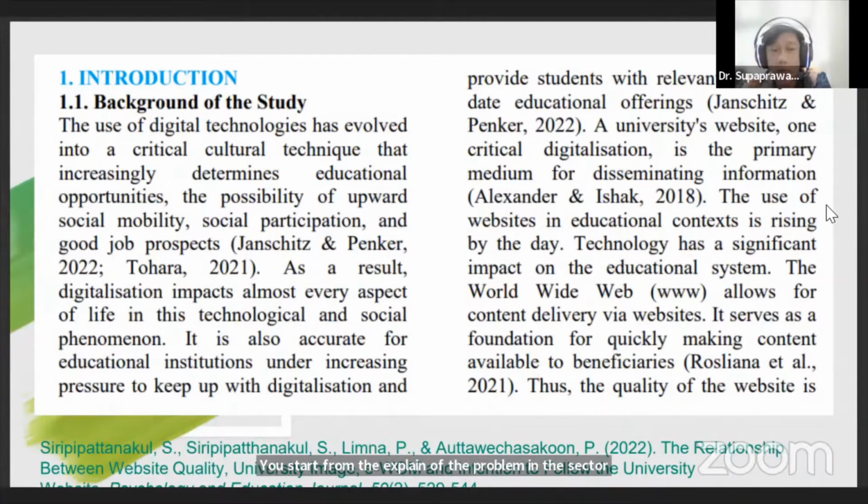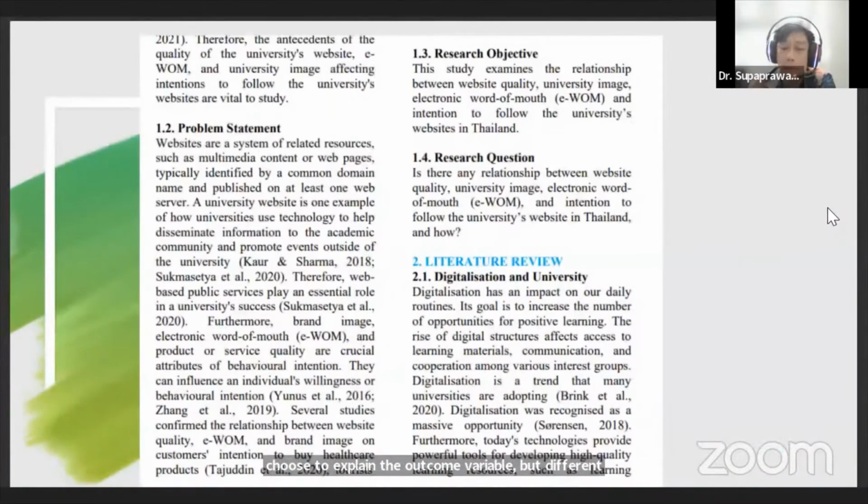After that, you describe the relationship or the importance of the outcome, followed by the importance of the predictor that you choose to explain the outcome variable. But different from the problem statement,